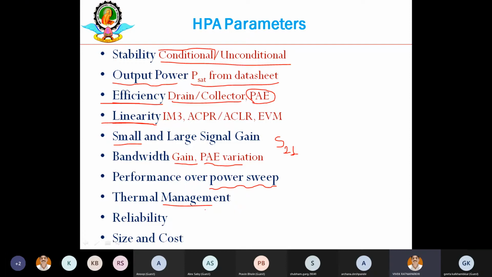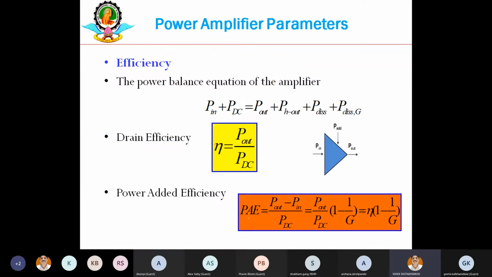Then we have thermal management and reliability of that particular power amplifier, and at last we should also focus on the size and cost if we try to build that particular power amplifier. Otherwise, most of the high power RF transistors are pretty costly and they are not directly available in the market. So that is the important challenge. And if you design at very high frequency, then you should look at the realizable widths of particular transmission line sections, so that you can have actual practical fabrication of your power amplifier.